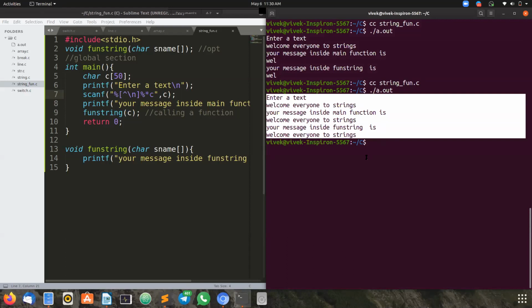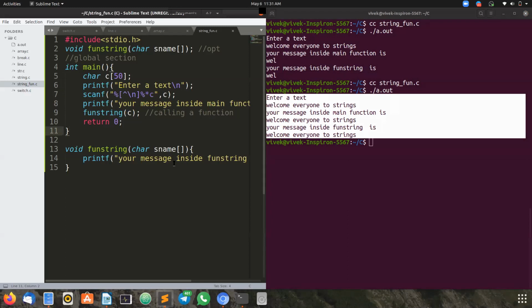Enter a text. We have entered welcome everyone to strings. Your message inside main function is the same as what we entered in the input, and inside the function also the same. You can see the different messages here. Your message inside the main function, and I'm differentiating the output, your message inside the function string. This is the way to pass the string as a parameter to a function.